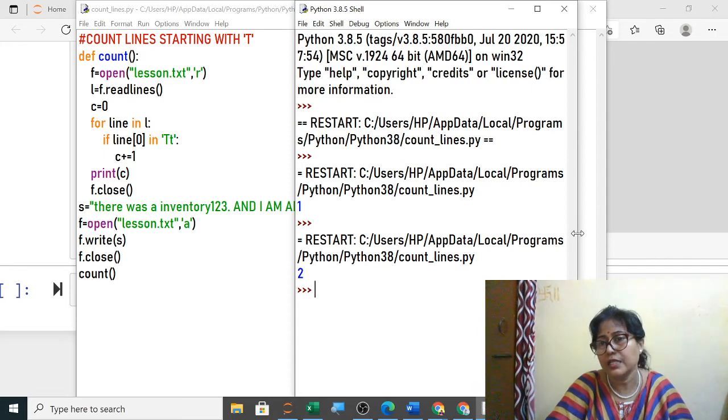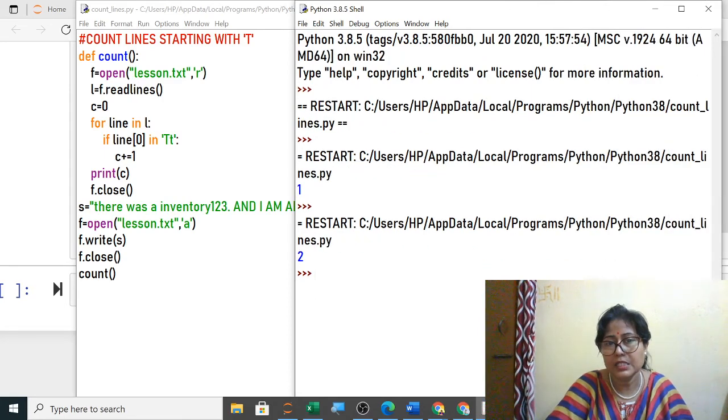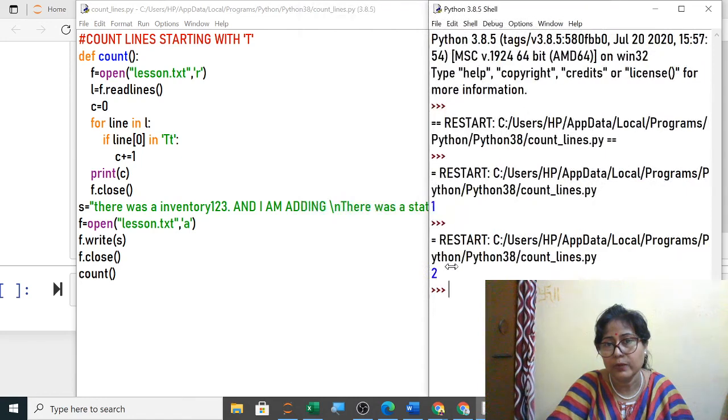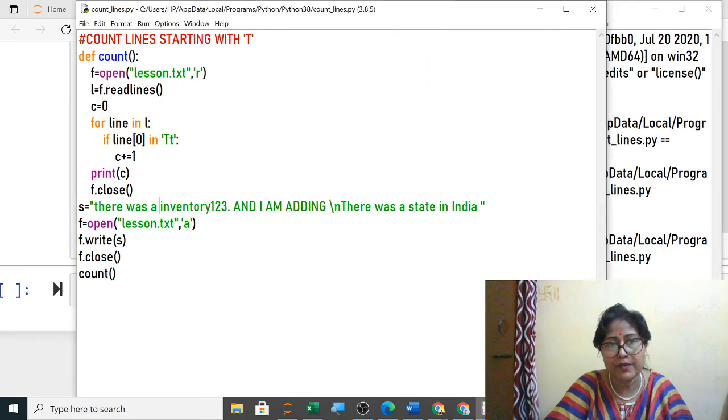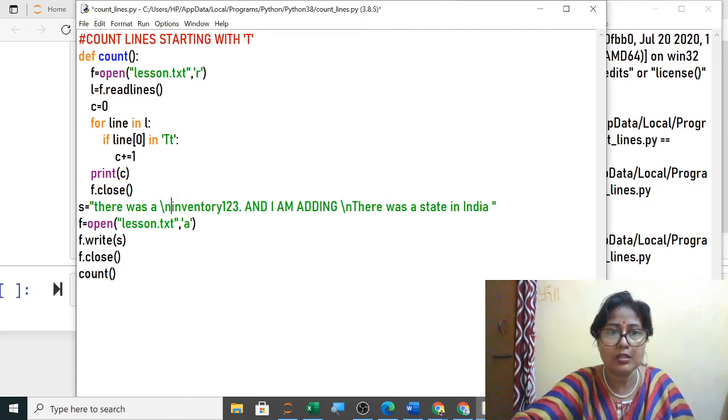Understood now how it is getting executed? So now you can see a new line is there where it is starting with T. Suppose any new line, if I start with something else, it will not count. Suppose it is starting with I, it will not count.